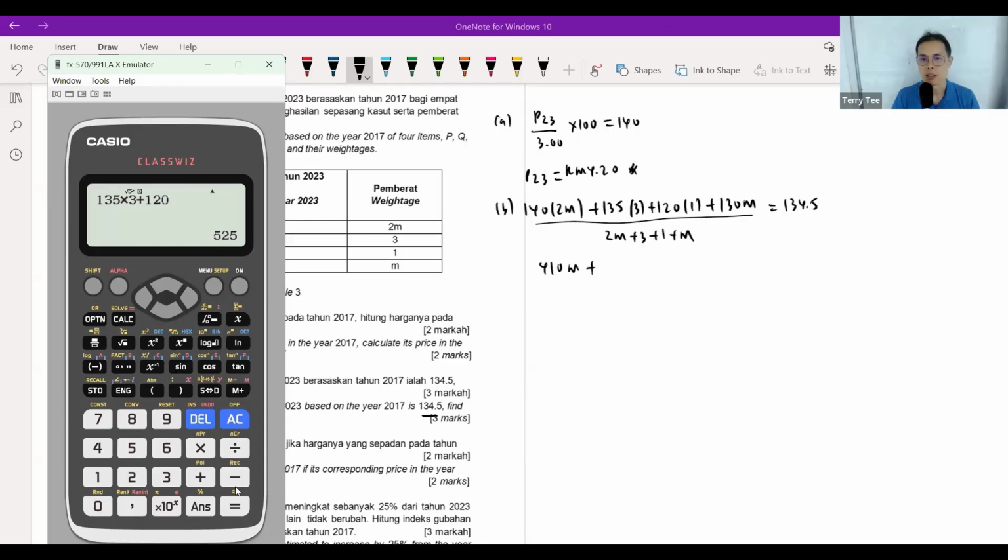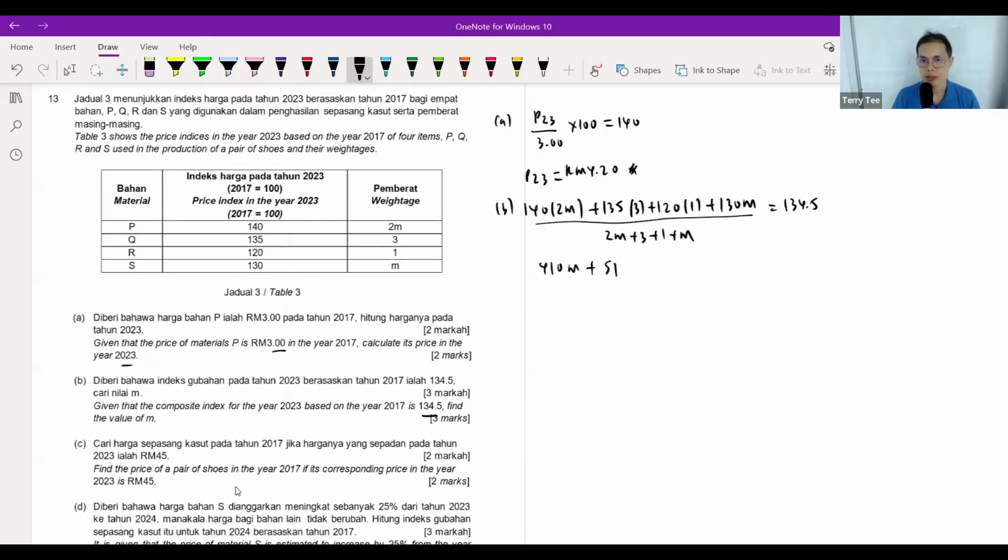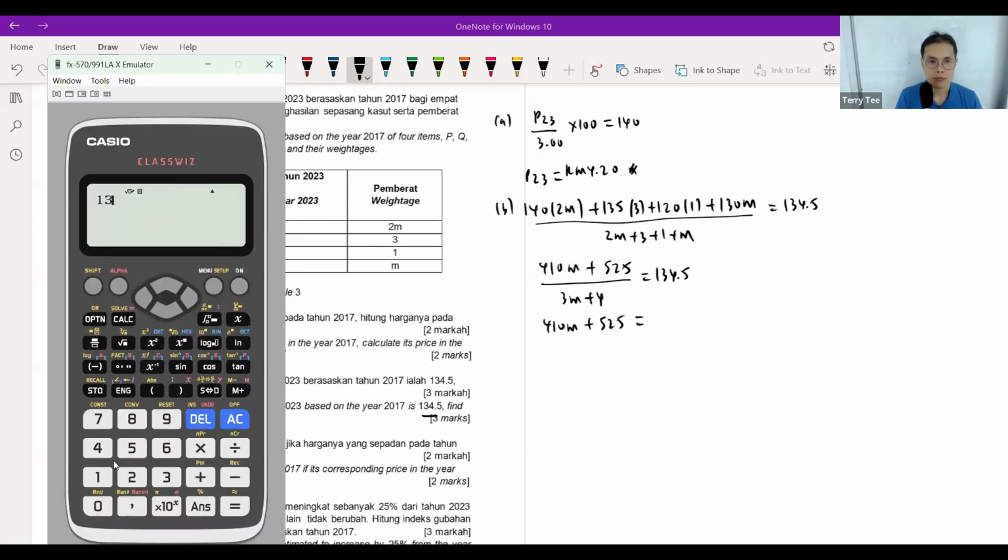This will give us 525. So this will be 3M plus 4 equals 134.5. So let's multiply over 410M plus 525, 134.5. You multiply by 3 first. That will give us